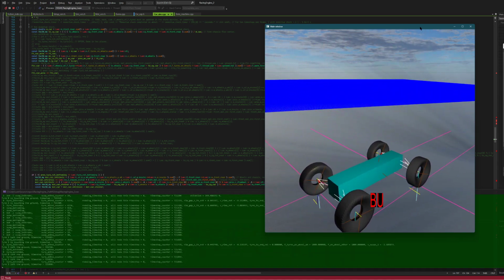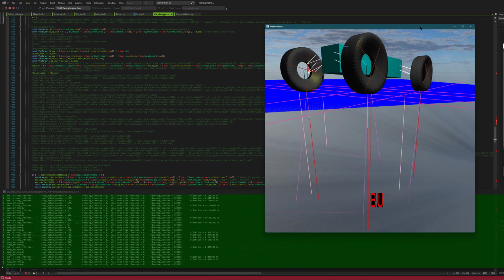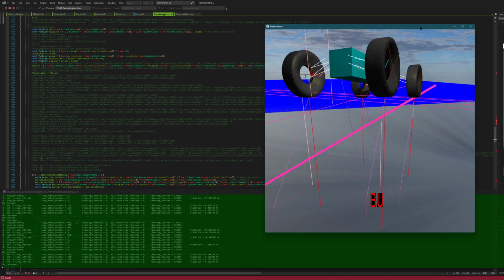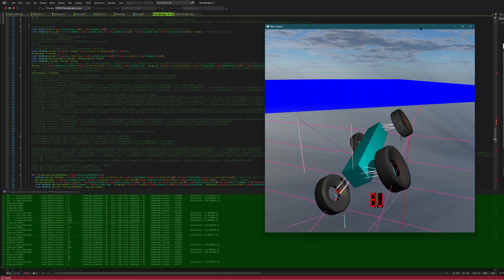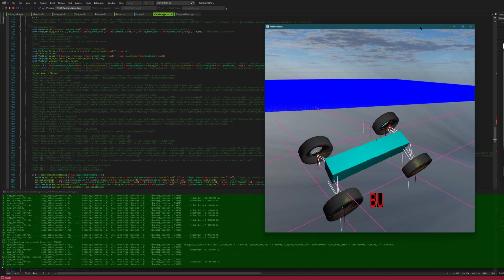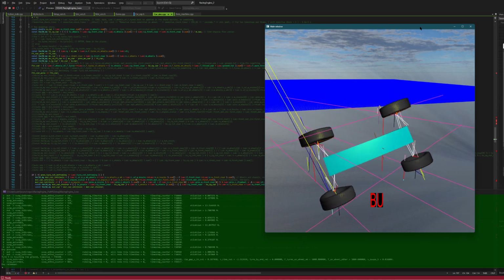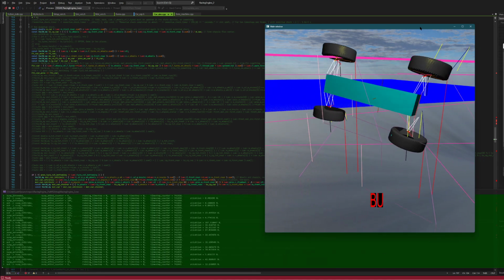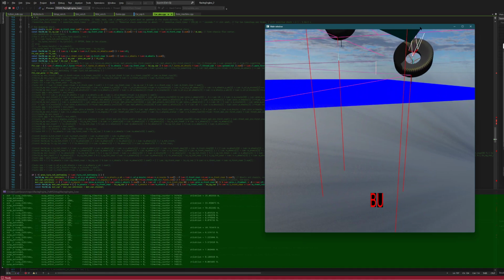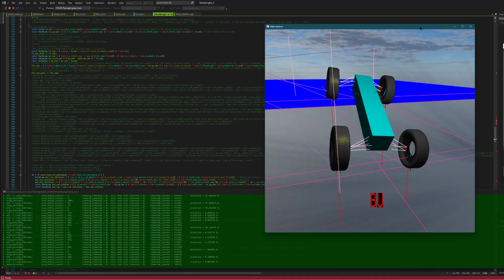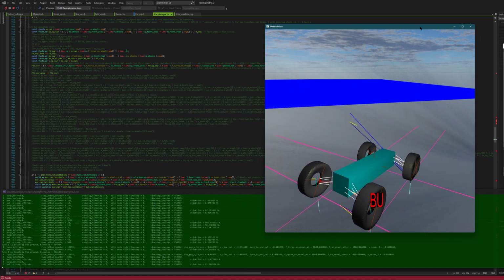Right, so I'm giving it downward force artificially with a button on my keyboard. I'm not sure if this was good or bad for the video, but